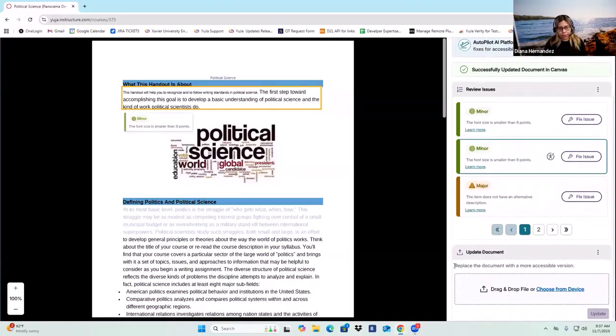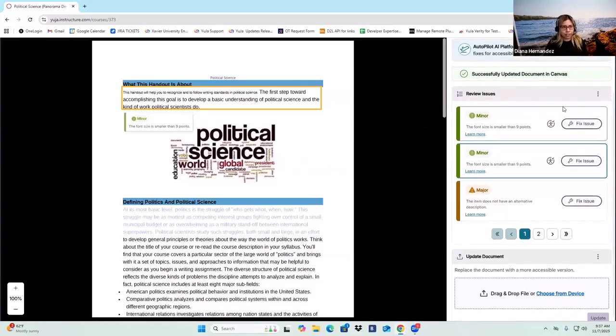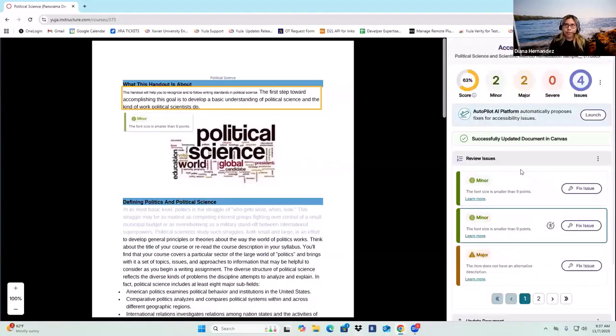And if we scroll down, we have a window that's called Update Document. So once you make the changes that were recommended by Panorama, you can drag and drop the updated file in here, and we will update the file inside your course, the different alternative formats, as well as the score. That's what we call manual remediation, where you work on the issues manually on the original document.